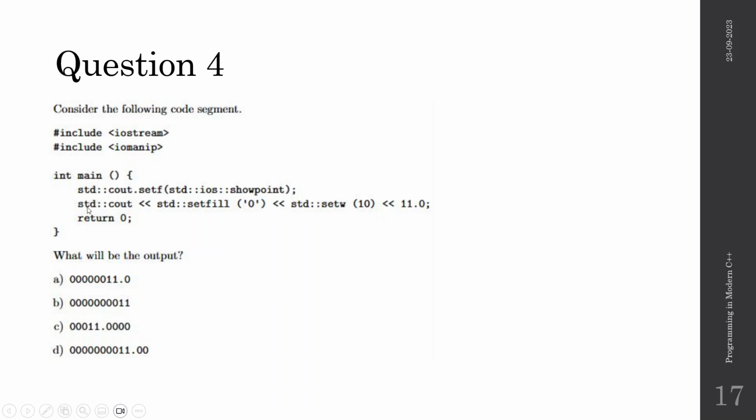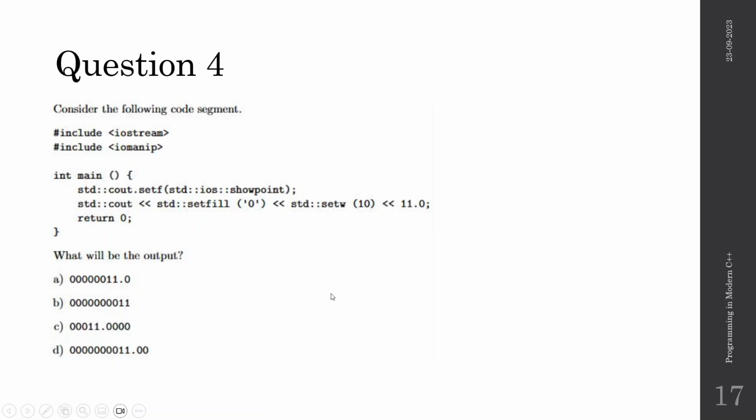So in this question, we have to find the output of this piece of code. It is fairly straightforward, but the thing is that here we are using stream manipulator functions to set various